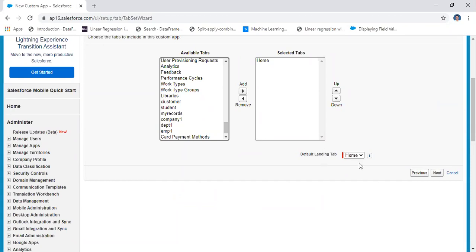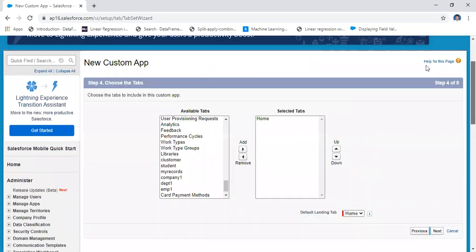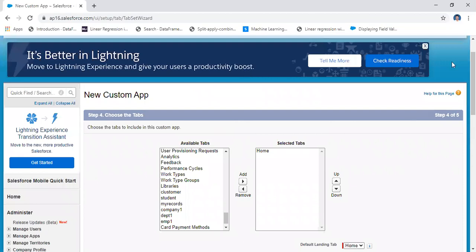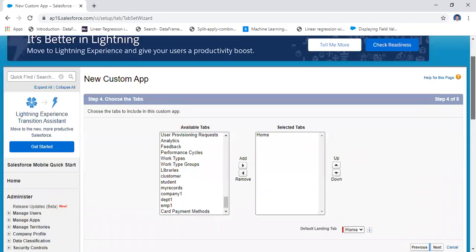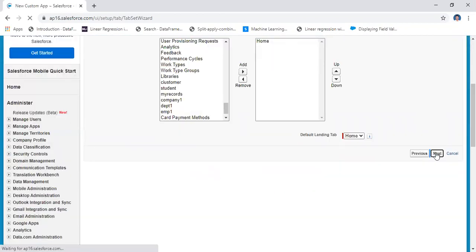That is called the home tab, and then click on next. That means I am using only the home tab. Here we have different objects, but I am taking only home for our new application. Next, go to next.